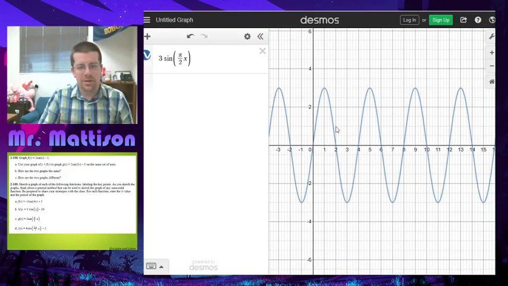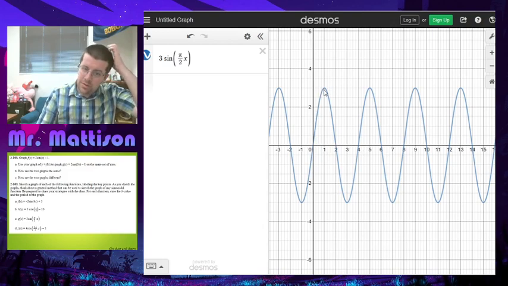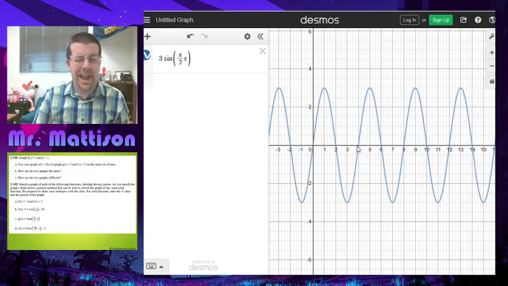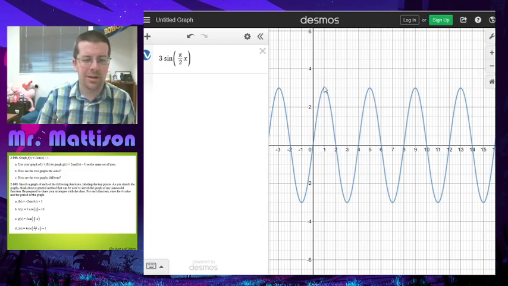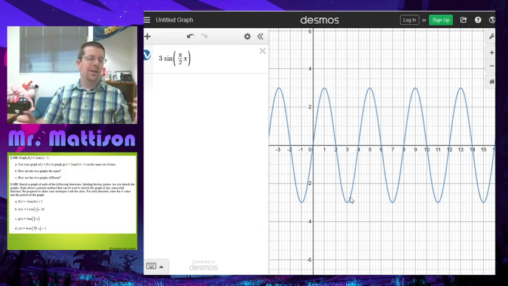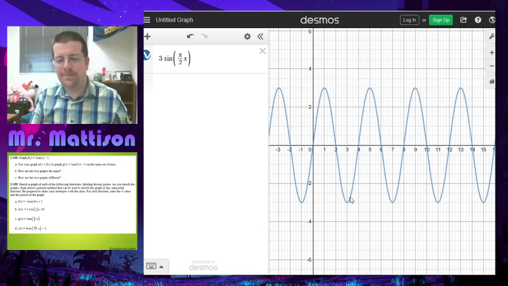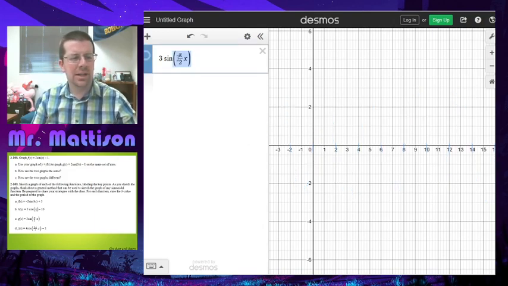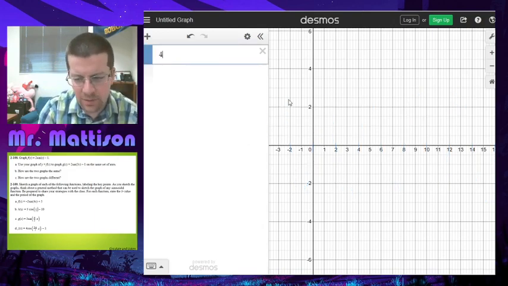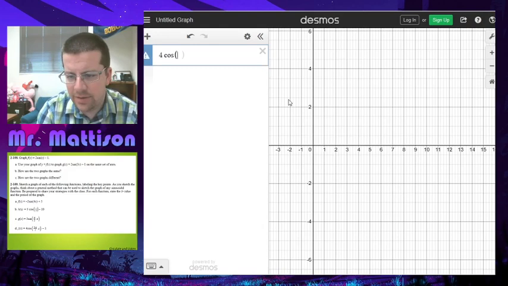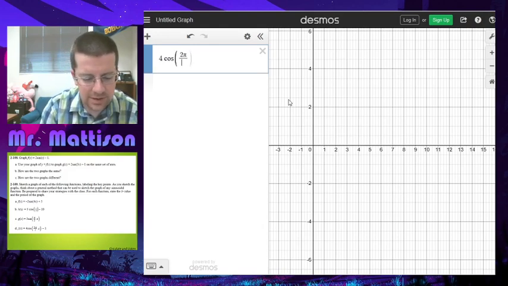And lo and behold, that's what I get, right? At the midline, goes up to 3, down to -3, and it has a period of 4. So then halfway there is 1, and then halfway here is 1. Sorry, halfway there is 2, halfway between these is 1, halfway between these is 3 for our kind of key points for that one cycle. So that's pretty cool. Let's try it out with 4 cosine of 2 pi over 7